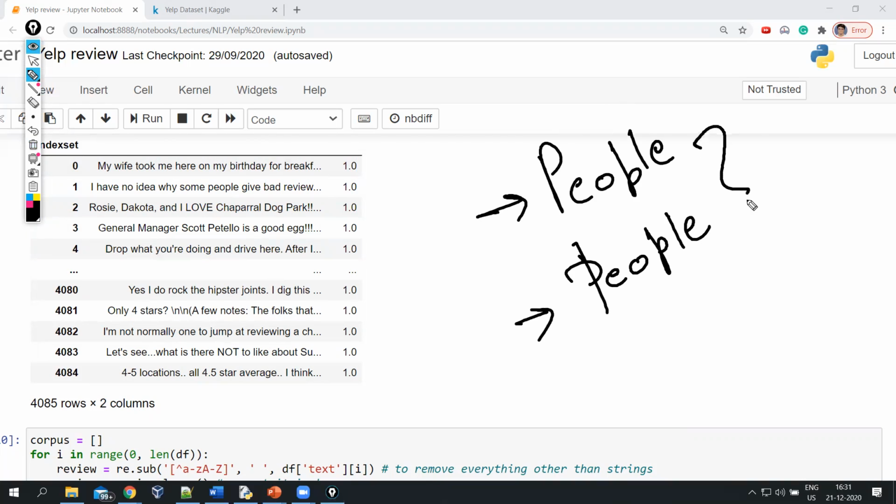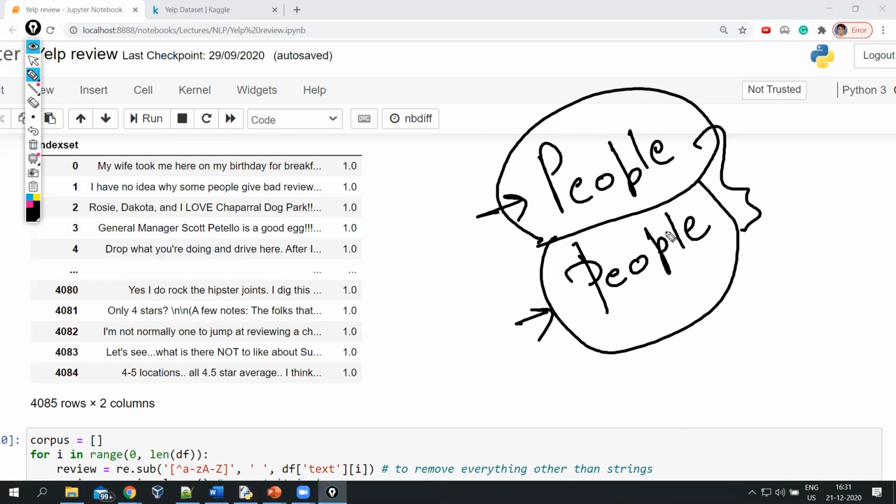So these two are similar for a human, but for a machine they are different because their ASCII codes are different. So this is case sensitive. If you give this type of text to the computer, it will create another column for "people" and another column for "People", so you will again have redundant features. So you can convert all of them to uppercase or all of them to lowercase. It is a simple logic to use with this type of data.